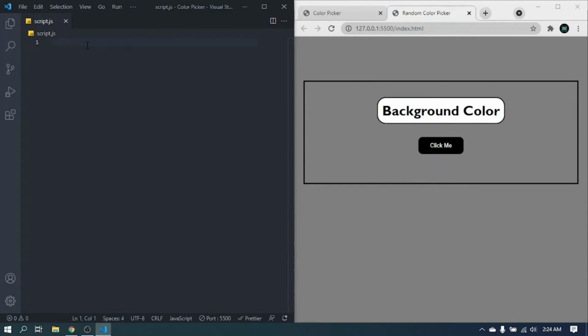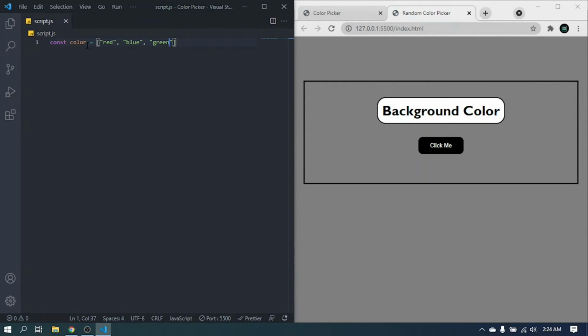So for that I will create an array which will be constant color equals to some color code. So first I will give it a color of red, then blue, and then